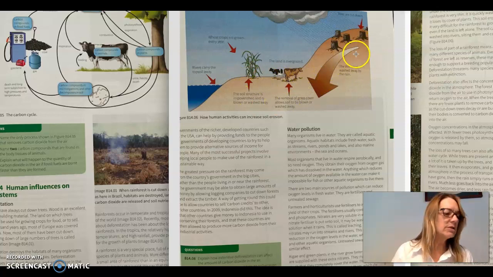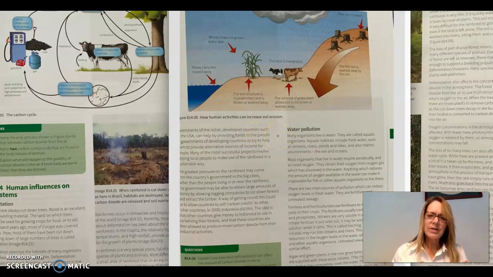So we decrease the soil and it gets washed away, right? And then the animals that need the vegetation to survive don't, right? The cows don't have enough, the deer don't have enough, the bunny rabbits don't have enough, the mice don't have enough, anything that lives in there. So then we're increasing more damage to the organisms and decreasing the amount of biodiversity.